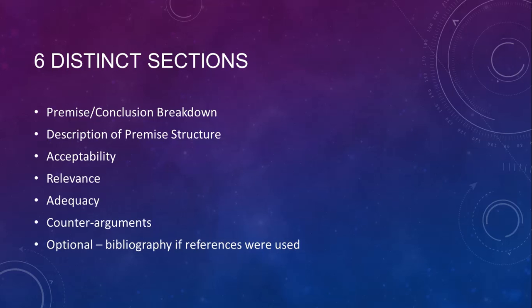Okay. We will talk much more about this. So if you have questions, there'll be plenty of time to answer them. About the submission for August 4th, do you have to see everything for that submission to mark it or comment? No. You can have only acceptability and relevance and not have adequacy, and just the premise breakdown, and that should be okay? Yeah. So if you're wondering what she's talking about, it's my offer that if you give me a draft before August 4th, I'll give you comments on it. You said we could do it multiple times. Yes, foolishly, I said you could.